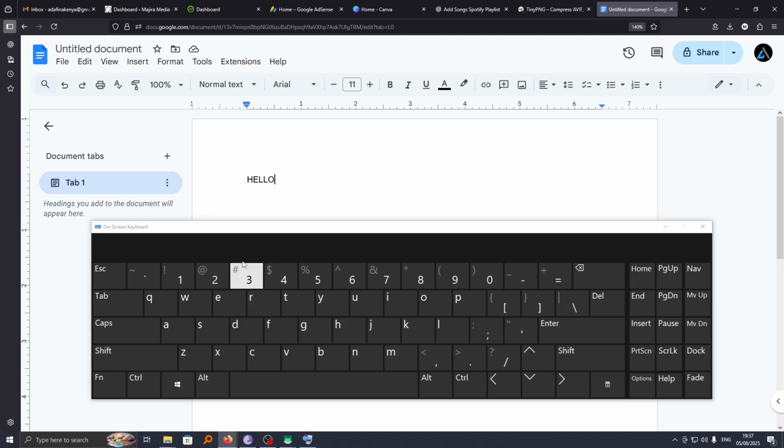If you go ahead and tap on 3, you can see it will write number 3 and not the hash sign. All you need to do is to press one finger on the shift sign. You can see that is the shift. You can identify it on your keyboard, on your computer, or on your laptop. And then go ahead and now, using the other finger, go ahead and just tap on number